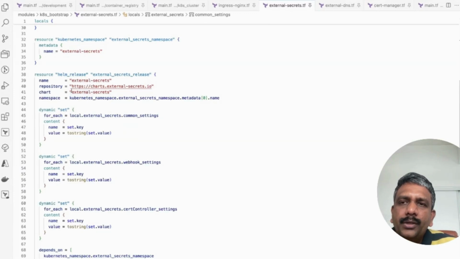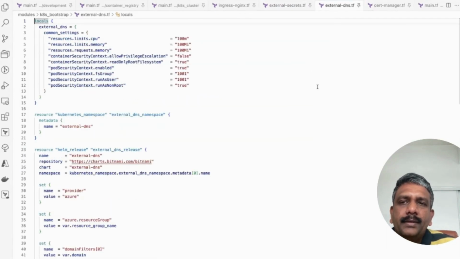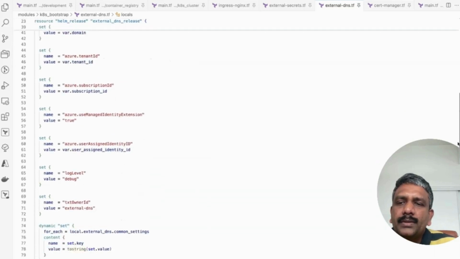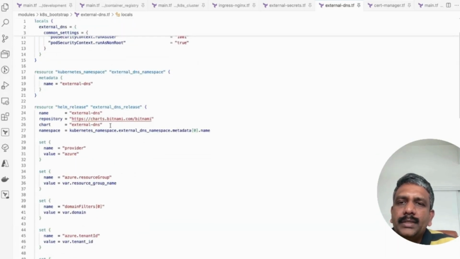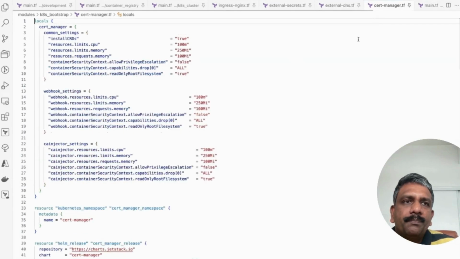The pattern is again going to be the same. You will be using the Helm charts to do the deployment, and external DNS. As said, whenever we deploy an application, we will create a DNS entry so that this application is accessible. So to do that, we are using this external DNS. The pattern is the same: you just make use of the Helm chart, pass the proper values here, and